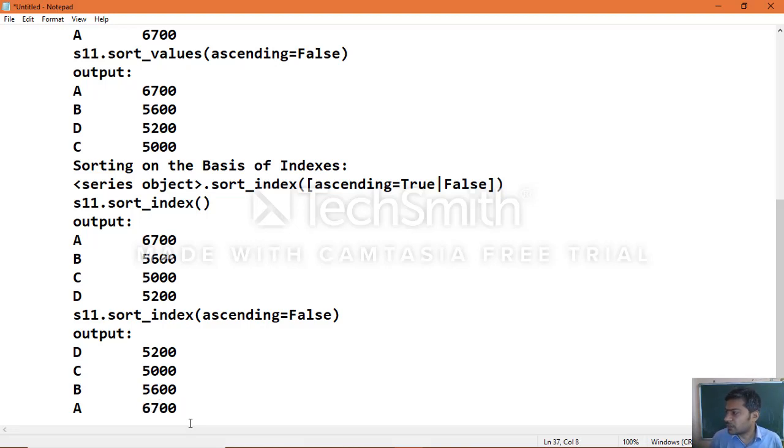That is how you can see the differences between ascending and descending order based on the index, and how we can sort the data of a series object.